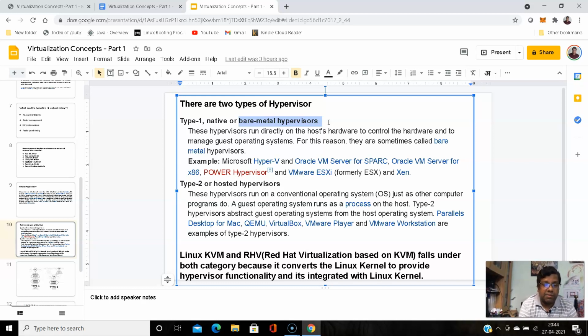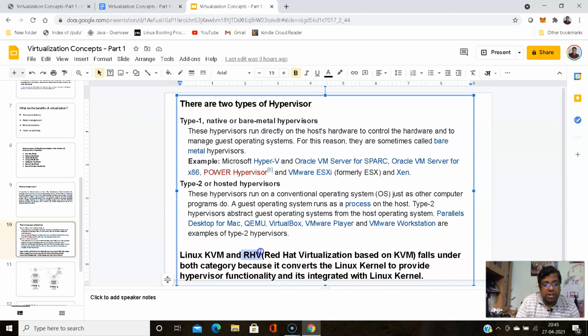There is no separate operating system required. But KVM is a hypervisor that sits over a Linux kernel. You can install KVM on a standard Linux operating system. If you do that, it works like a type 2, but it uses the kernel's features. The kernel is the main component of a Linux operating system that interacts with the hardware. So it acts like a type 1.